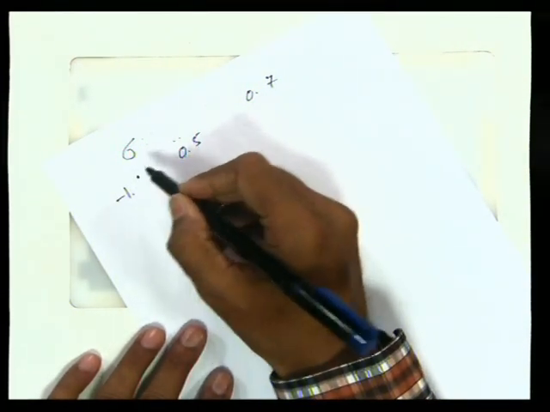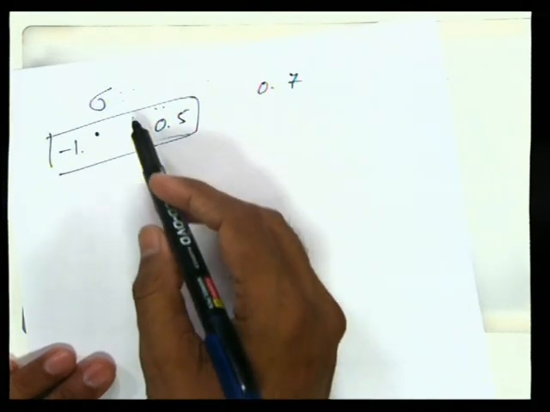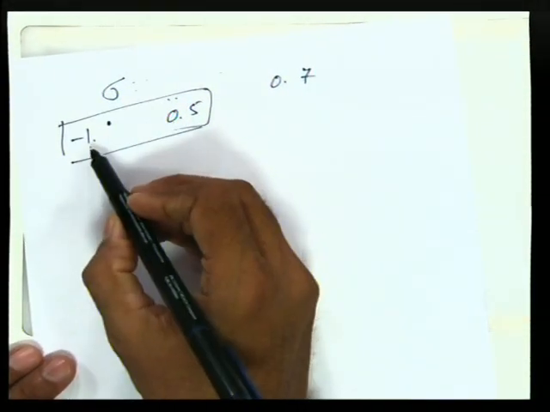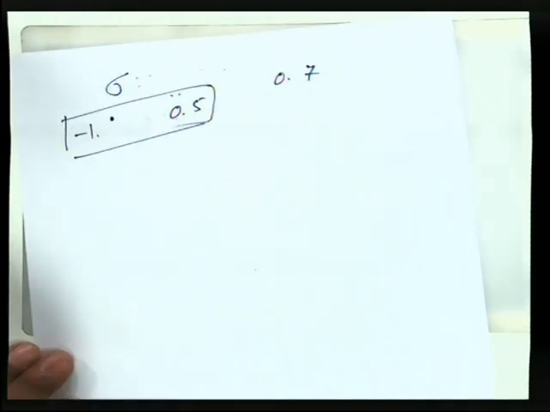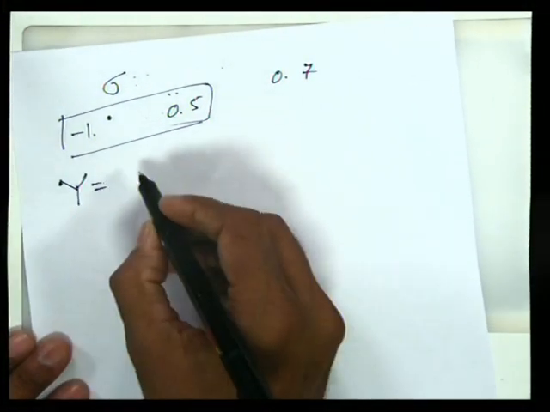So this is the limiting value of sigma. How to prove this? Sigma cannot have 0.7, it is always less than 0.5 and greater than minus 1. So these equations are very useful to prove this. First equation is Y equal to